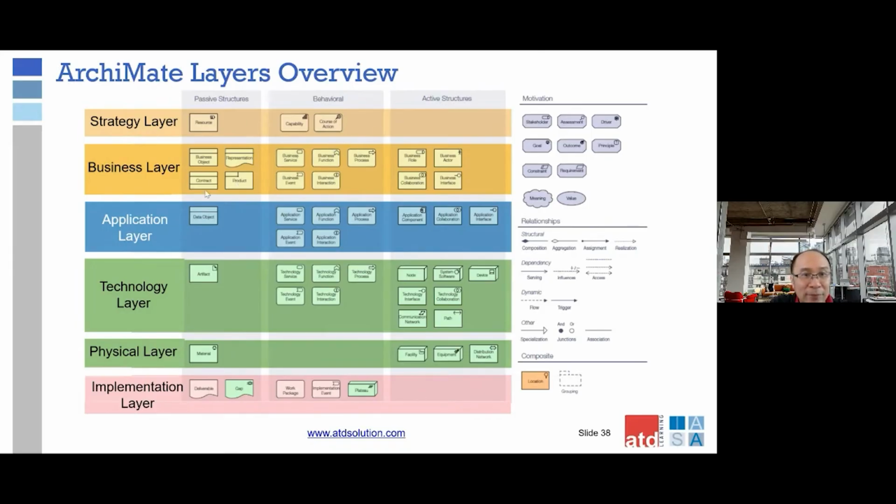Then application is about all the software systems that you have, and the infrastructure is technology, and the physical layer is basically about the warehouse, could be a conveyor belt, could be a sensor, and so on. And implementation is where you execute all the projects. So ArchiMate is giving us the tool: how can we describe the enterprise in a concise and meaningful symbolic language, like what you see here as the